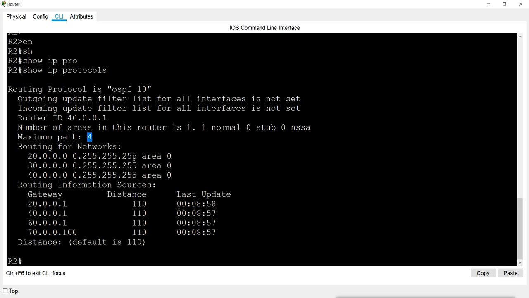Now what does this mean? Suppose you are reaching some network and you have multiple paths to reach that network. Sometimes you may have equal paths. What happens if the router gets equal paths to reach a particular destination network? Then it uses all those paths. For example,